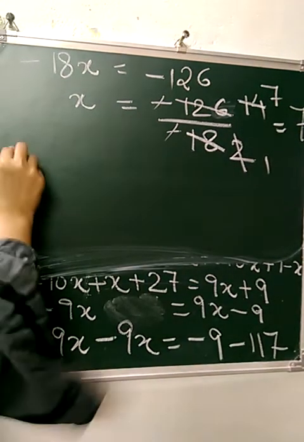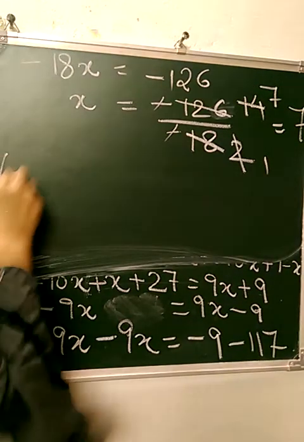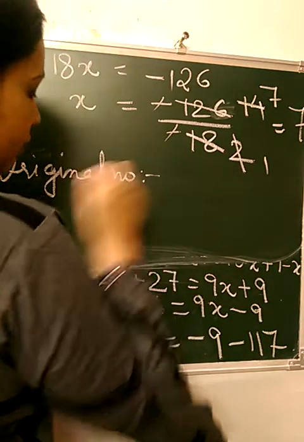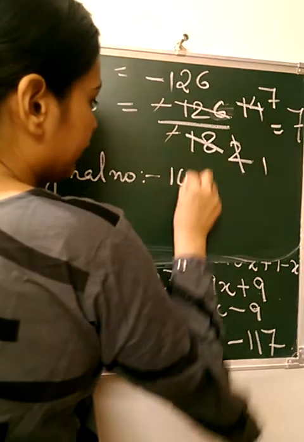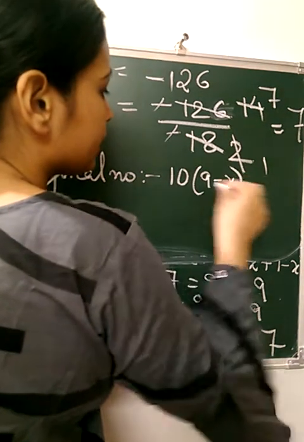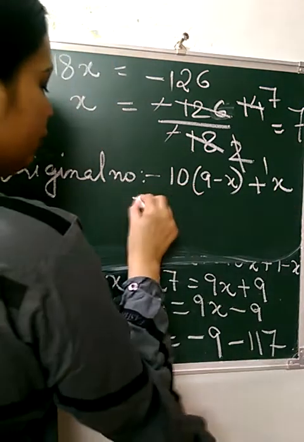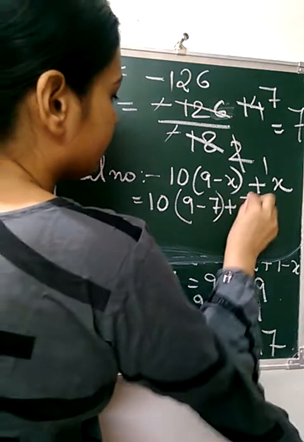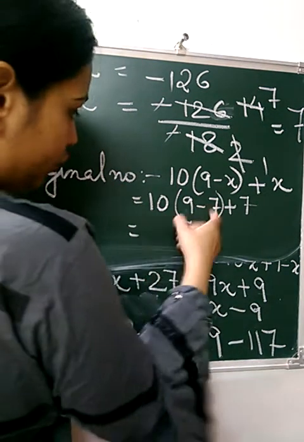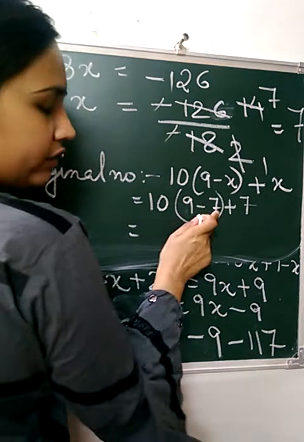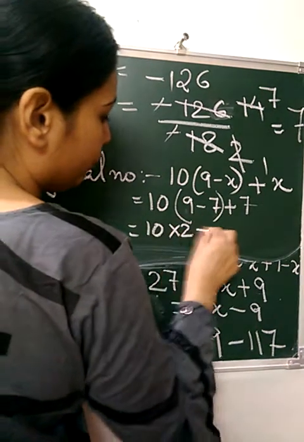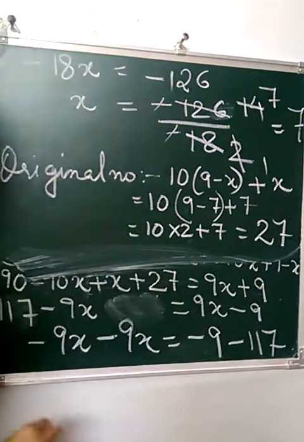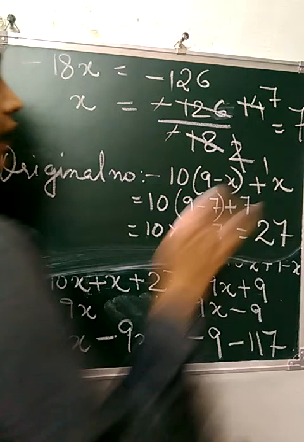So now we'll find out the original number. We had written what? 10 into 9 minus x plus x. Now we'll put the value, 10 into 9 minus 7 plus 7. That is 9 minus 7 will give you 2. So 10 into 2 plus 7, that is 20. 20 plus 7 is 27. Okay. So this is your original number, and